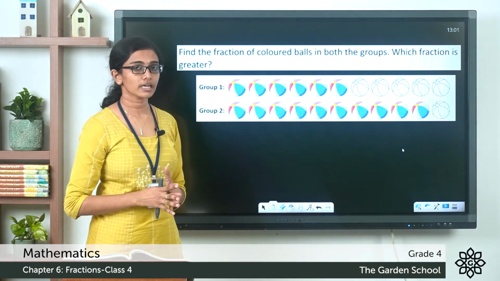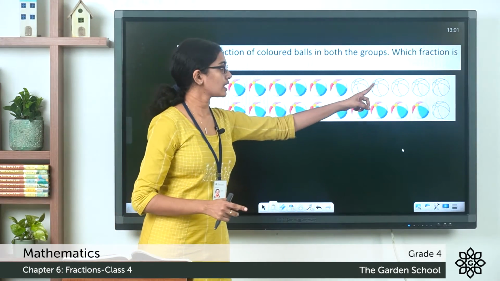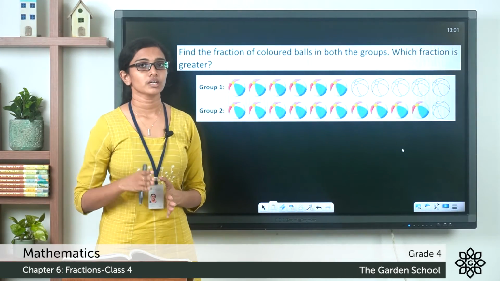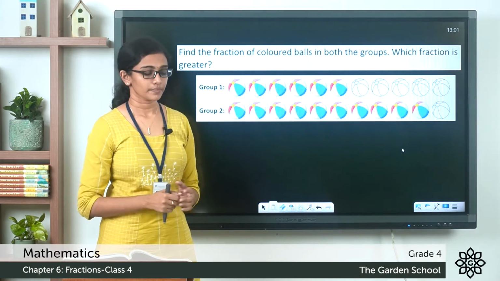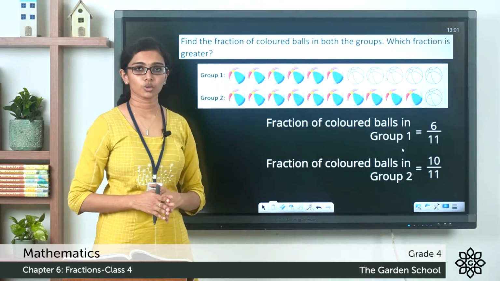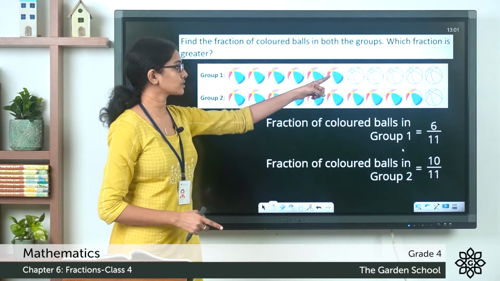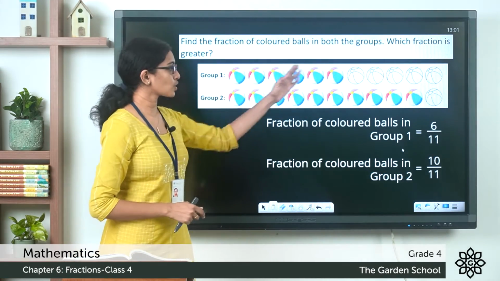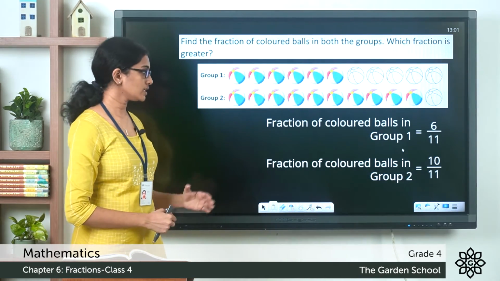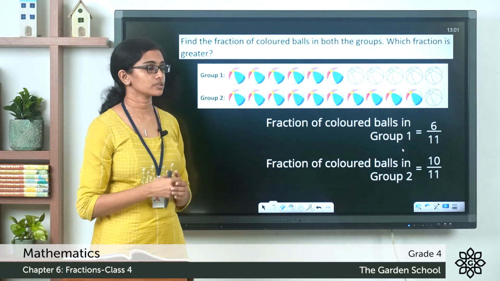How many total balls are here? It is 1, 2, 3, 4, 5, 6, 7, 8, 9, 10, 11. We have a total of 11 balls, which will be the denominator. So let's find out the fraction of the colored balls in group 1. How many are colored here? 1, 2, 3, 4, 5, 6. 6 out of the total 11 balls are colored in group 1. So the fraction is the number of colored balls divided by the total number of balls, and that is equal